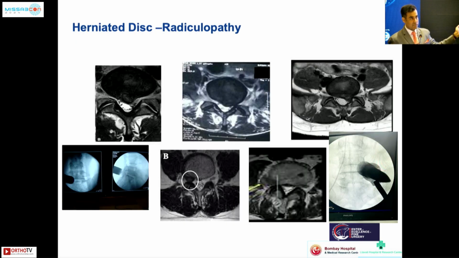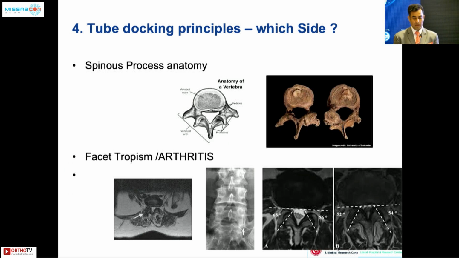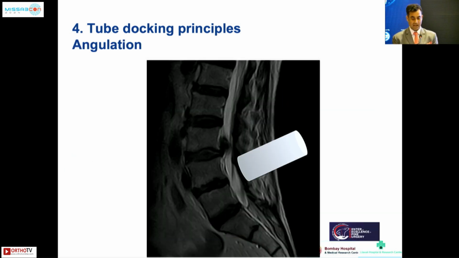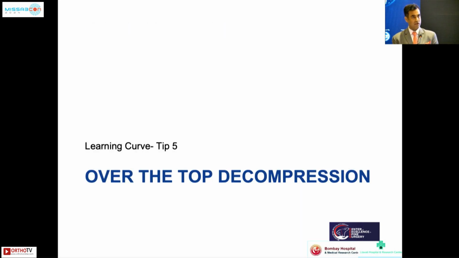Some case examples where you have to dock your tube directly on the pathology, and for that, exact understanding of the anatomical positioning of the pathology is very, very important. And remember, while placement of your tube is being planned, play along with the anatomy of the patient. Understanding of the rotation and the angulation of the spinous process is very, very important to get the tube placed exactly right there. Understanding of the pathology migration will result in a good angulation of the tubes.